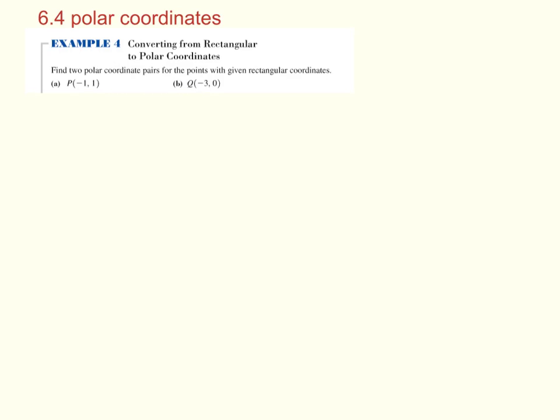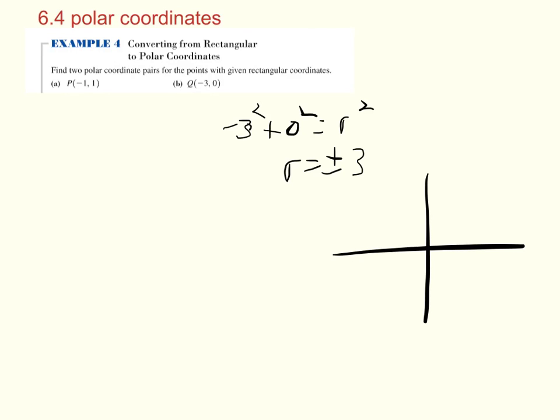And again, if we did the whole x squared plus y squared equals r squared, then r is going to be plus or minus 3, which is important to note because as we think about our issue, we can either